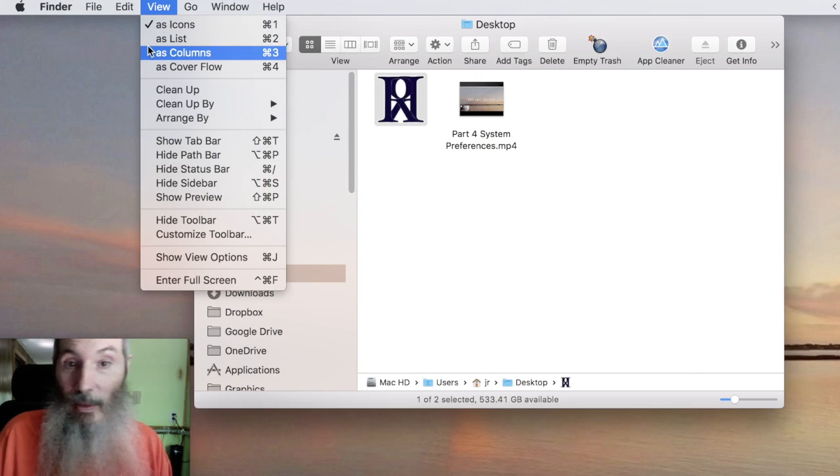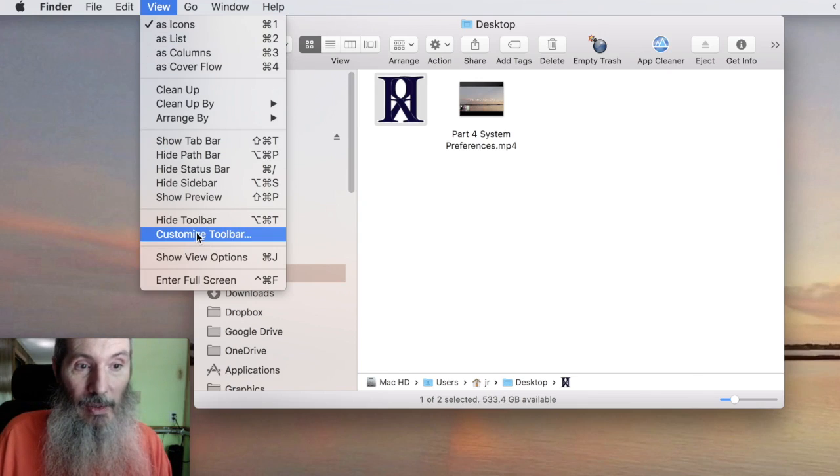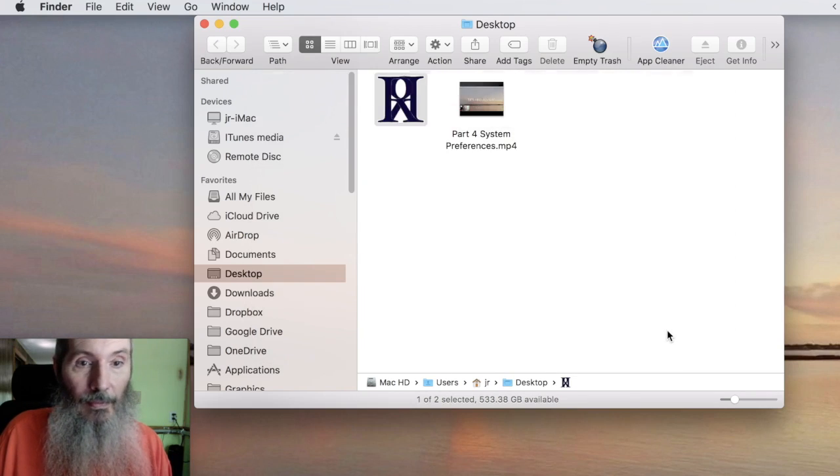And now I'm going to tell you where I put those icons like delete, and get info, and eject. Customize toolbar. In a lot of apps, under view, you'll see customize toolbar. Can be quite handy. Here's eject, burn, all sorts of little odds and ends. And you can also move an app straight to it, like I did with this app cleaner, by going into applications, holding the command button down and dragging it, and you'll see it added right to the top. You can add spaces and